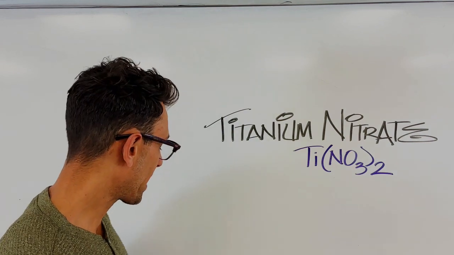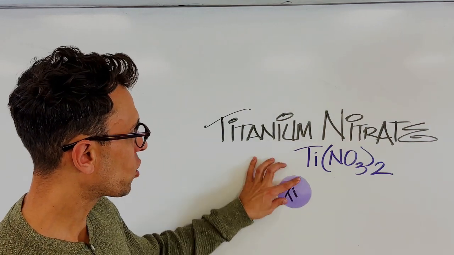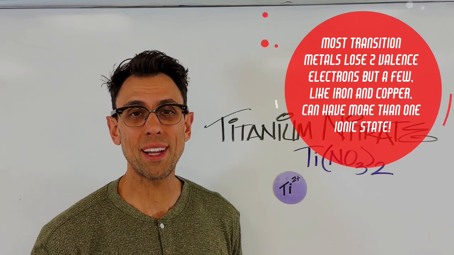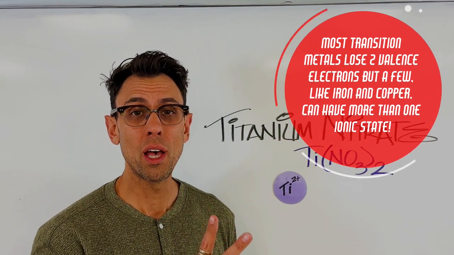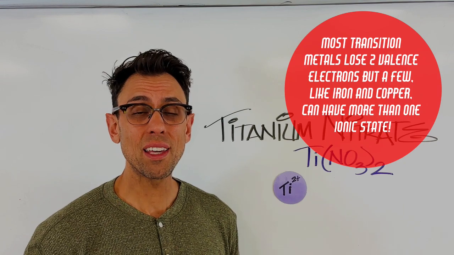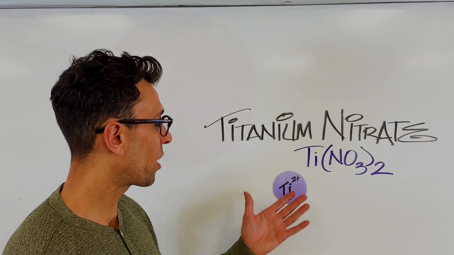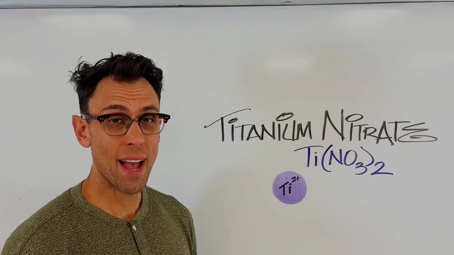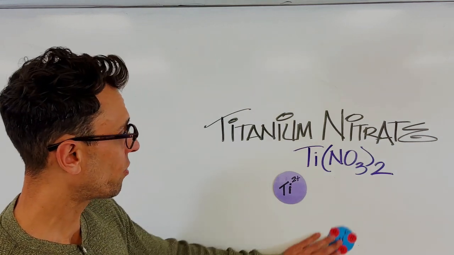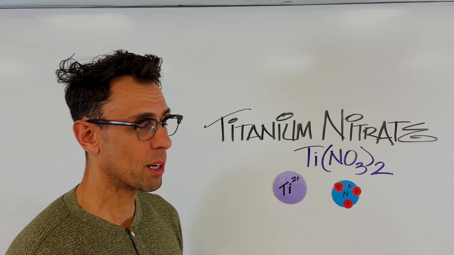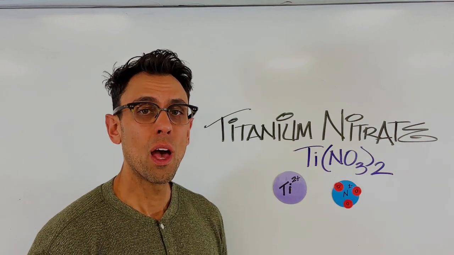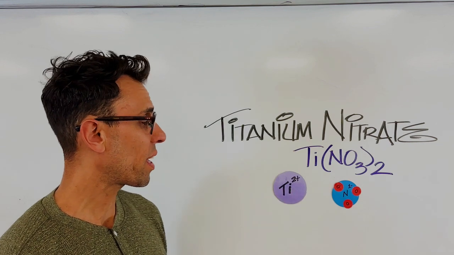Now, we'll start off with the titanium. Titanium is a well-known transition metal, and like most transition metals, it has 2 valence electrons, which it quite readily gives away, forming an ion with a positive 2 charge. Now, of course, it's going to be attracted to anything with a negative charge, so if there happens to be a nitrate nearby, 1 nitrogen covalently bonded to 3 oxygens, with a negative charge, these 2 things will form an